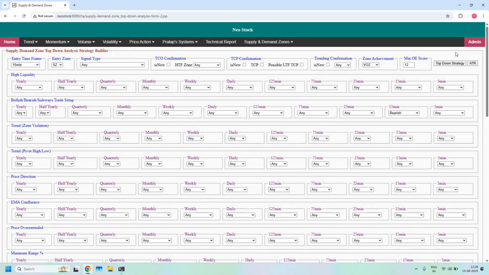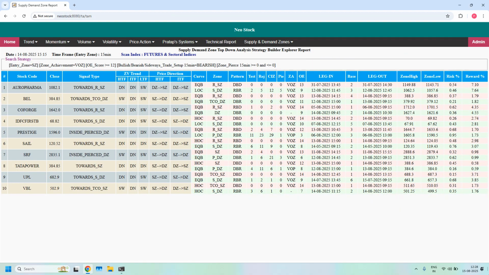By setting all the filters, we got 10 stocks supporting bearish trade setup for daily income trade. And entry time frame zones are 15 minute supply zones. So in total we got 10 15 minute supply zones. Out of these 10 15 minute supply zones, there could be some high probability trade setup zones available. The 15 minute supply zones